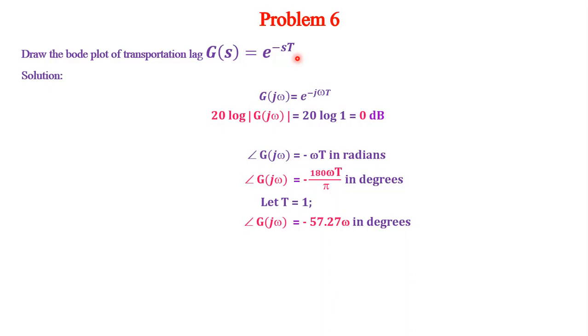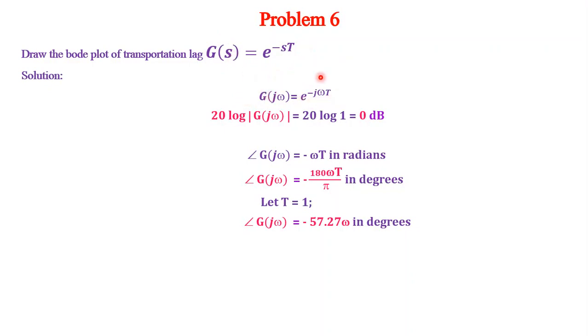Liquid has to flow through the tube and reach the destination where it is subjected to some other process. For example, the length of the tube itself is large and it has to go through a lot of bends, which means it will have some delay for the input to reach that particular destination. Thereafter only output starts, the next process starts. So that term is characterized by this e power minus st exponential term. This T is the delay or transportation lag. Suppose I need to find out the Bode plot of that. Let us see how to do it.